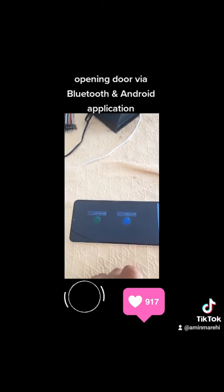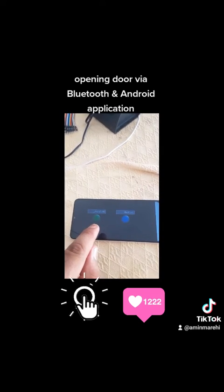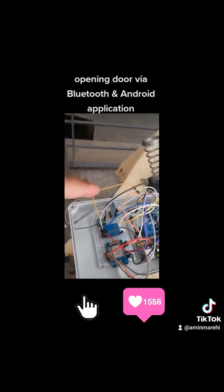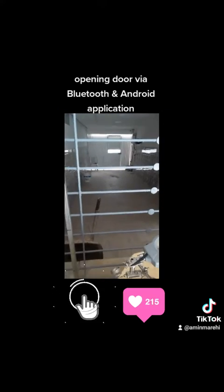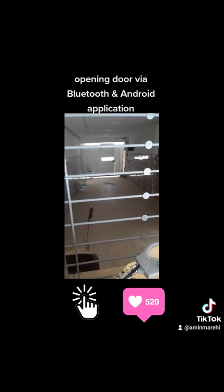project. Now we have two buttons, but this button is dedicated for controlling the electrical lock system, and here is connected to this Bluetooth. And when I will click on this button, we will see the door will open, and